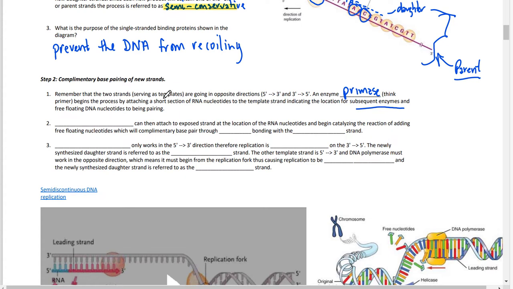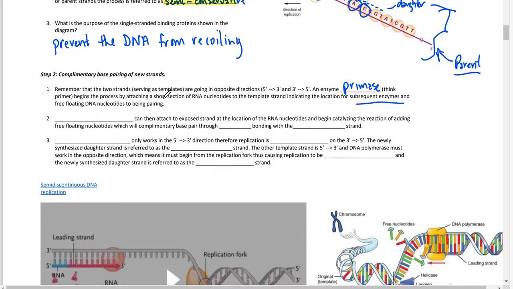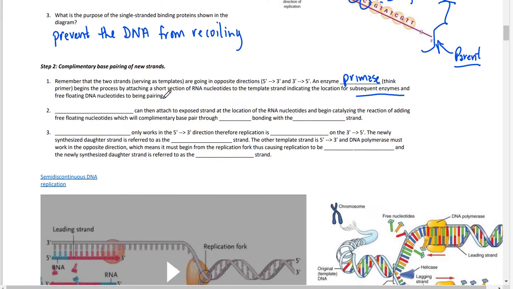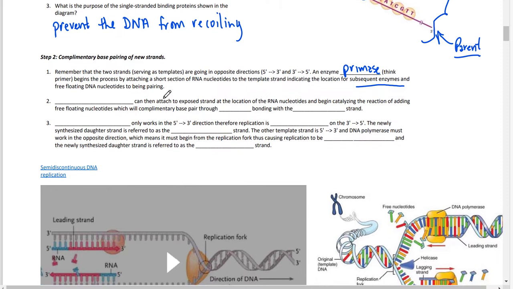Why this occurs, this primase attaching RNA nucleotides, is probably linked to evolutionary history where the first genetic material may have been RNA and DNA may have come after. We won't get into a lengthy discussion, but the long and short of it is